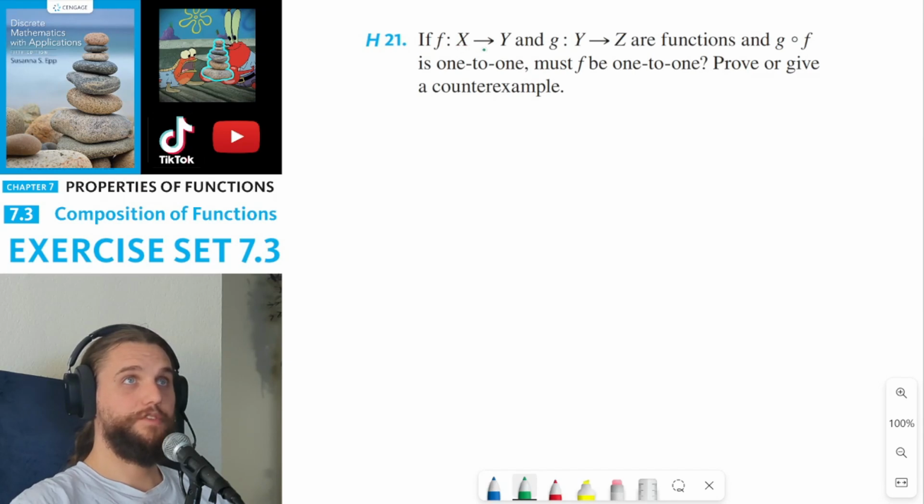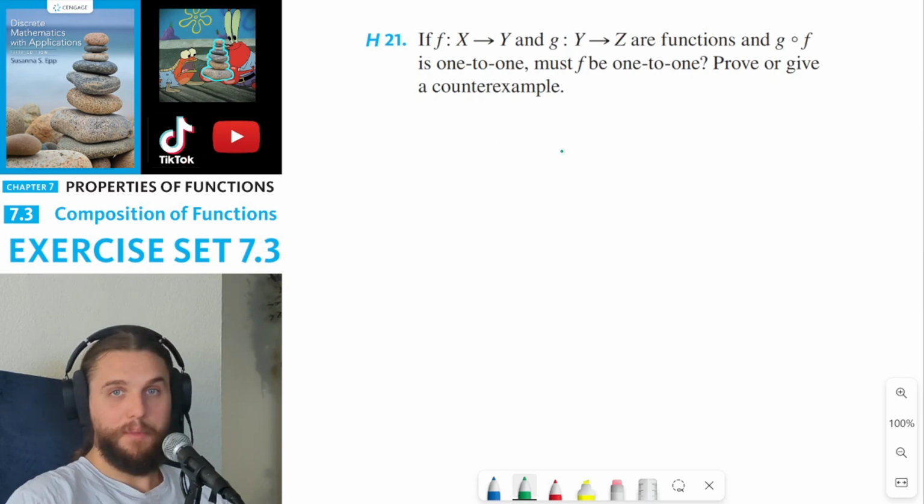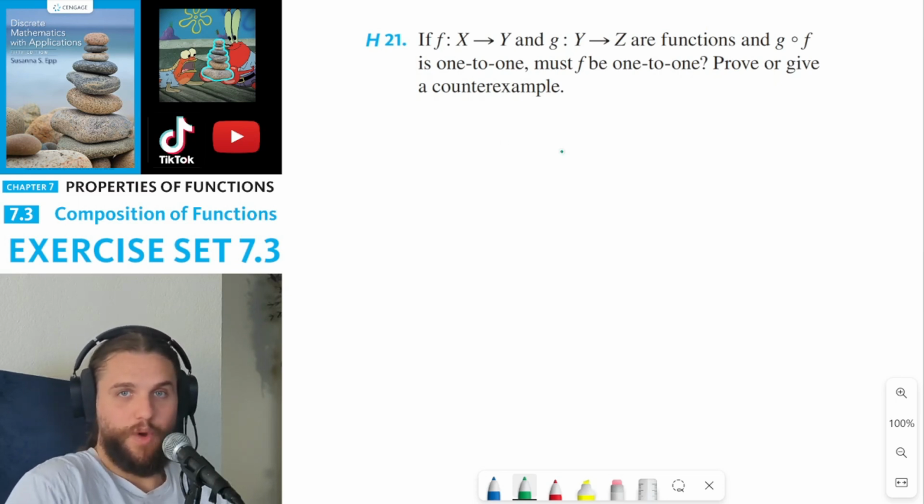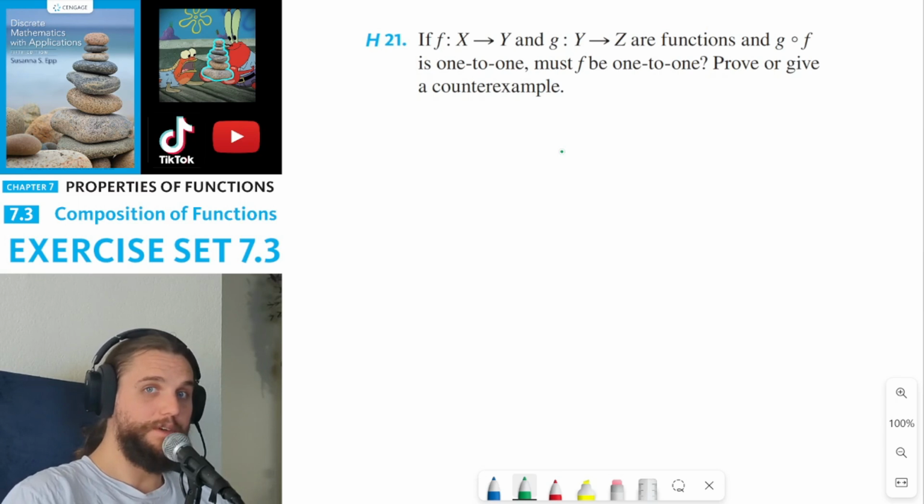If f is a function from x to y and g is a function from y to z, and g of f is 1 to 1, must f be 1 to 1? Prove or give a counterexample. Now, I'll be honest, it's really hard to judge whether these are true statements or false